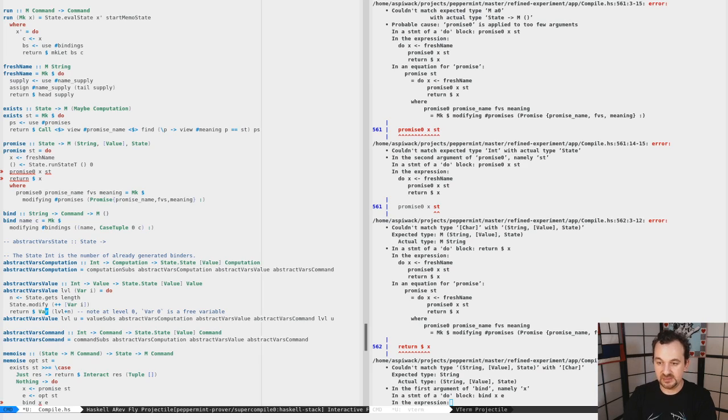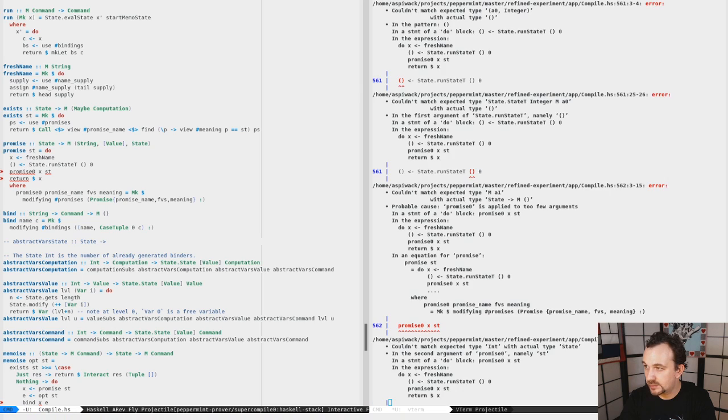Right, it's a bit simpler then. Just get the length, add a new variable at the end. So now we can do run state, and the state that the originally is the empty list, and